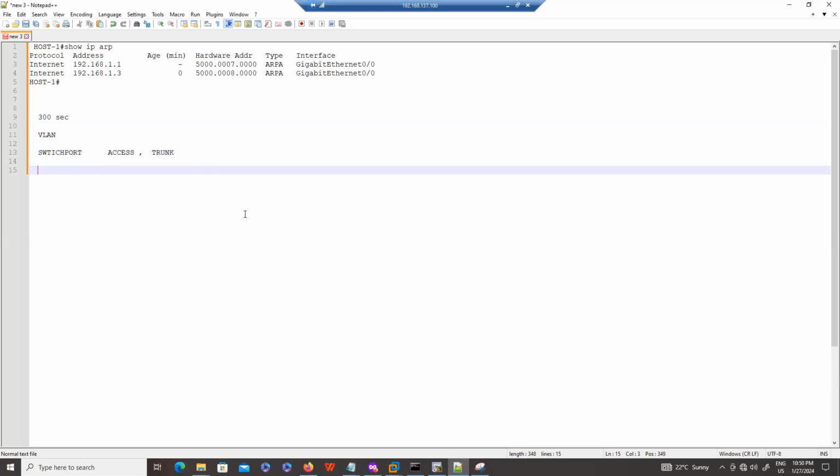Then we will see more about switch ports: in the real world, how to configure the trunk port and how to configure the access port, especially what kind of configuration we do on the access port. So let's configure the VLAN.